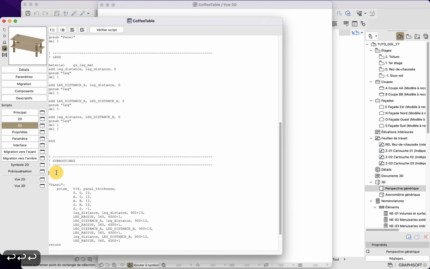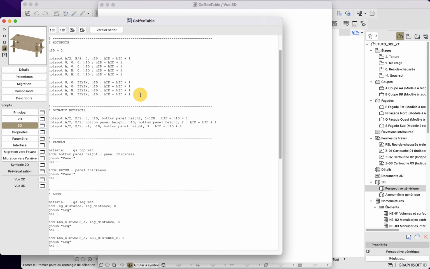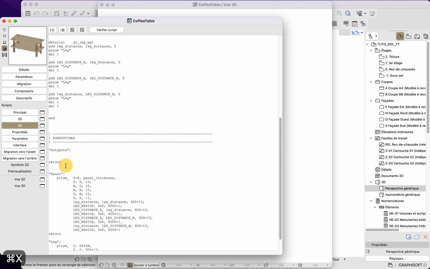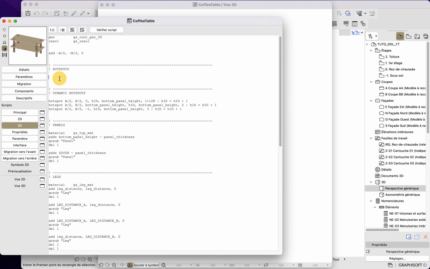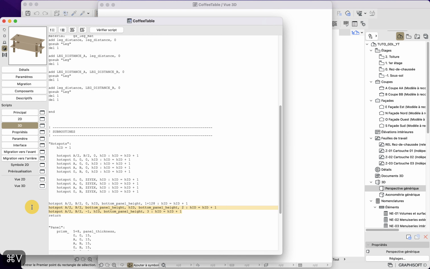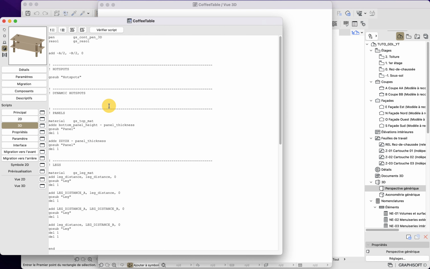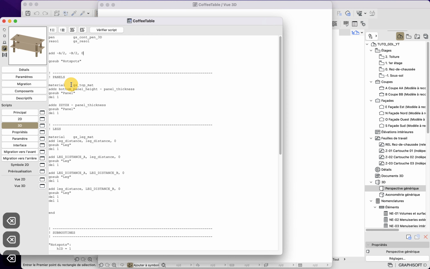So for example, here, this will go like this: hotspots, colon, return, and then I will put this part here directly as this, put a tabulation, and then call it hotspots. I could also put the dynamic hotspot as well if I want to, like this. Here, I can now delete all those separations, so my code is a bit cleaner.